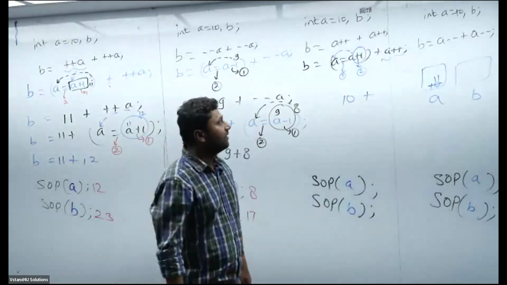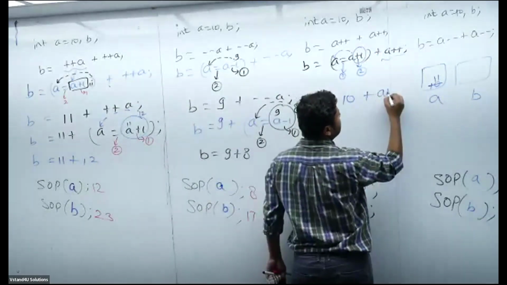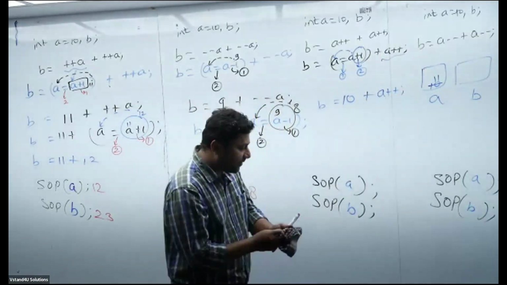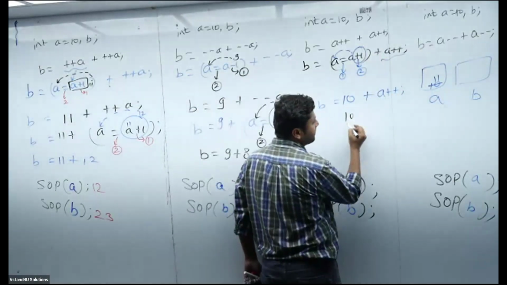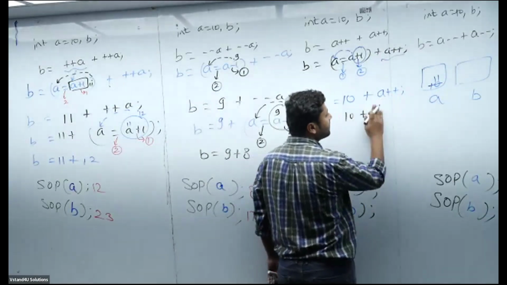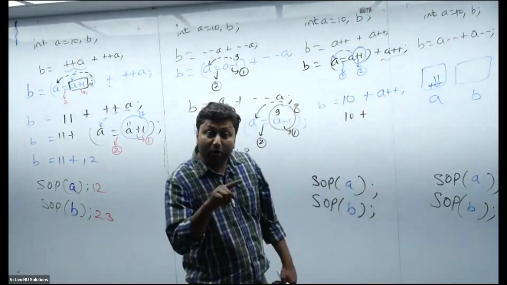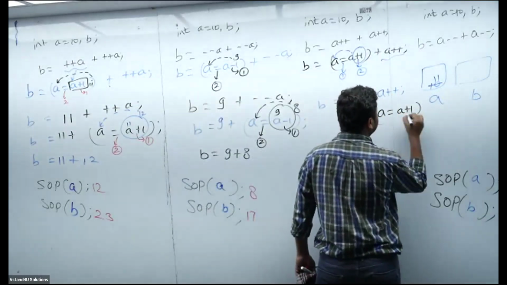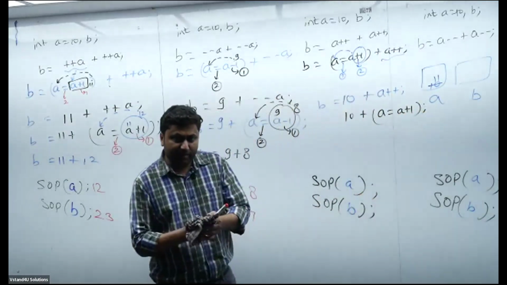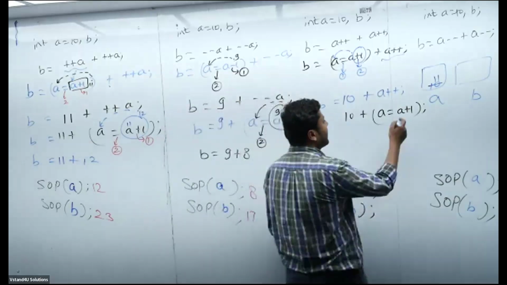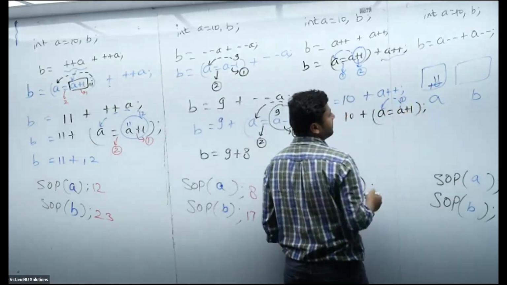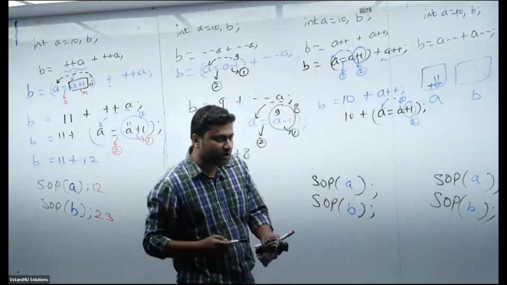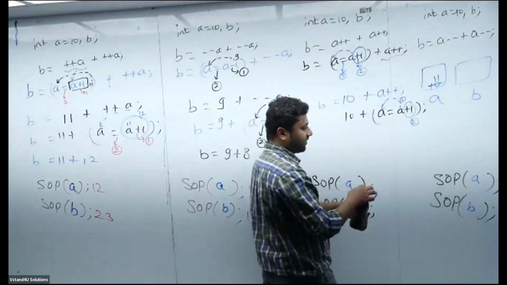Am I clear? Sir, this value as it is, A plus plus, yes or no? Am I right? Agree? Now pay attention. This 10 is as it is, plus. What is this? Pre or post? So A equal to A plus 1. What should I do first? Increment or assignment? Okay, assignment of A first. Are you getting my point? Then you are telling do the incrementation later. Agree? Sir, my question is, what is the current value of A?